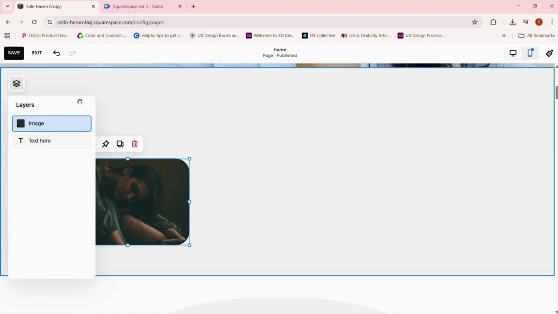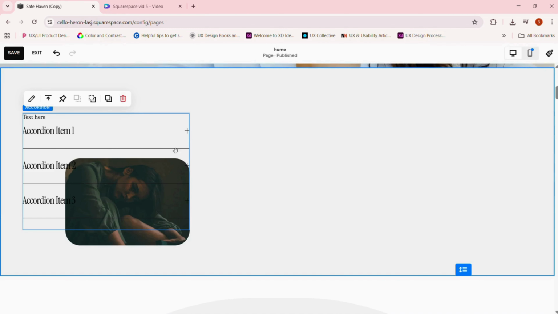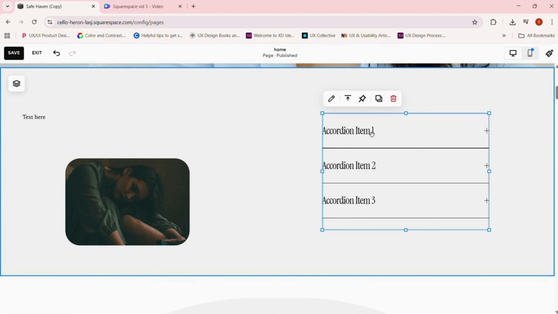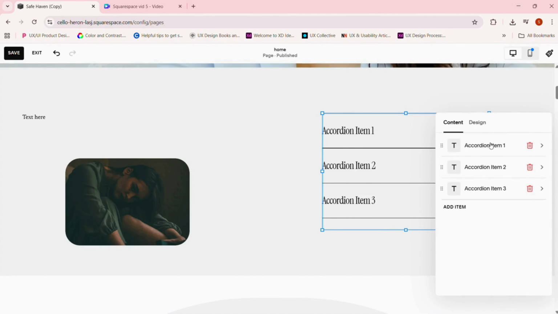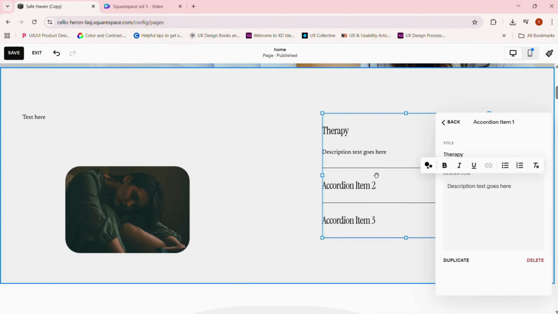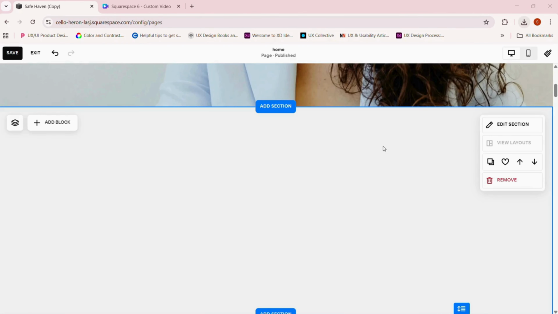Now I'll show you how to add an accordion. Click on add block and you can just click on accordion to find this kind of menu. This is an accordion menu. So in this menu, if you click on the plus symbol, you will get a drop down which will display a message. So to edit it, you just have to double click and you will find this dialog box in which you can edit. You can delete and add items. You can add how many ever items you want.